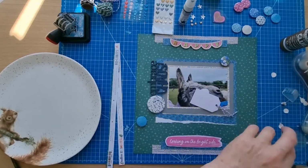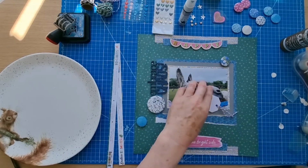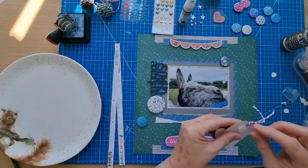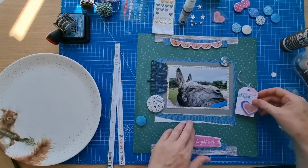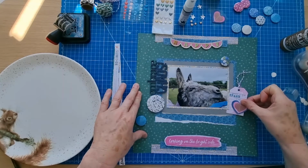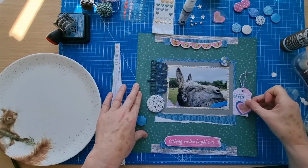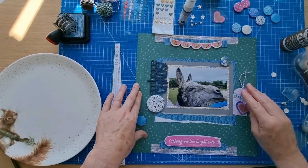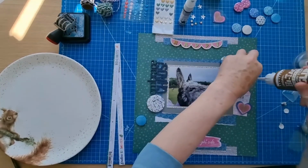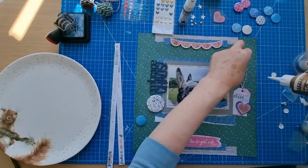Put that there. I think I'll add a foam pad at the top here, just to raise that up a little bit. Quite like that to be raised up slightly, I think. Now then, did I want that there, or did I want it here, further over? I think I'll do it like that actually, yeah. And then I'll add my twine like that